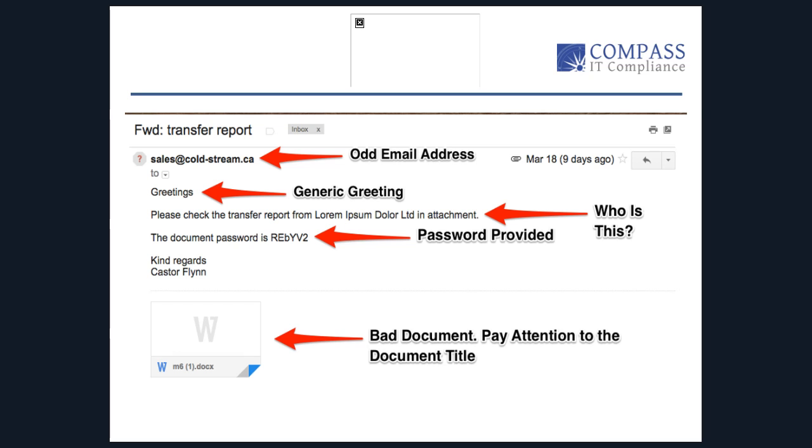So here's the document, here's the password for you. Again, you need to really take a look and see if you're expecting something like this, especially if that email address that it comes from doesn't quite look right. It's something odd about it, and you'll know. I mean, you have to look for it, but that's what this is all about, teaching you what to look for.